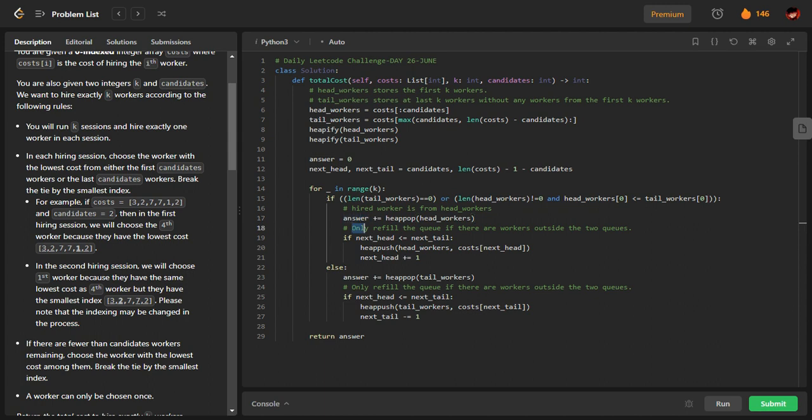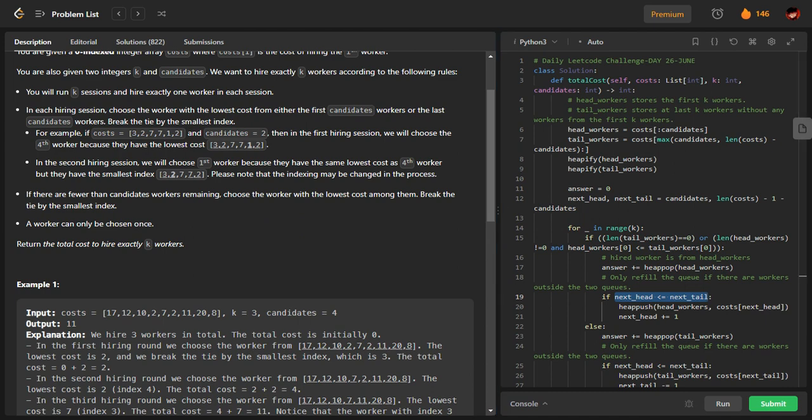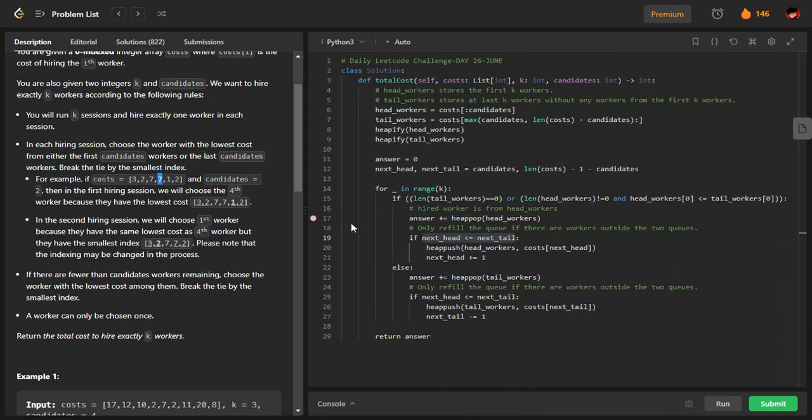Now I will refill the head workers queue if there are workers outside the two queues. How to ensure that? We'll see if next head is less than or equal to next tail. Initially, next head will be here, and next tail will be here. So while next head is less than or equal to next tail,